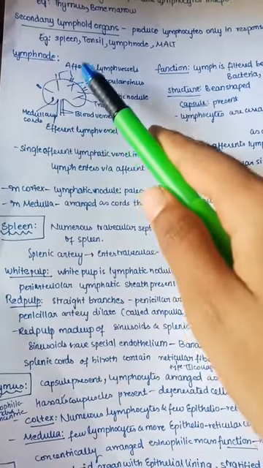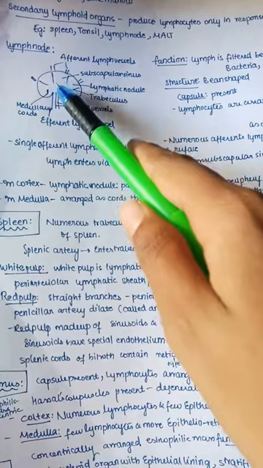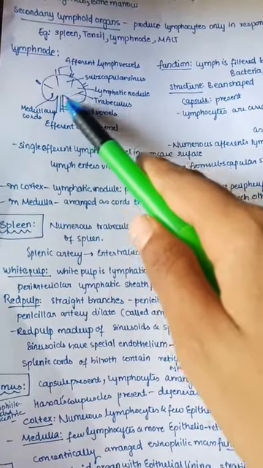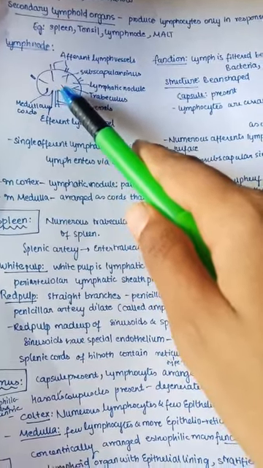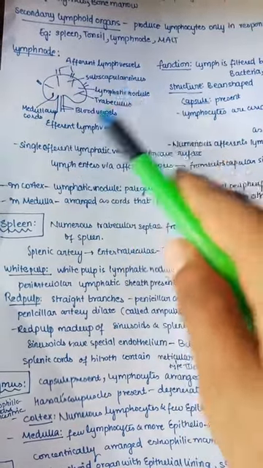These are the afferent lymph vessels through which the lymph enters, and next enters into the subcapsular sinus, and next into the cortical or radial sinus, and finally entering into the medullary sinus. So after entering into the medullary sinus, it comes out by an efferent lymph vessel. So this is normal function.